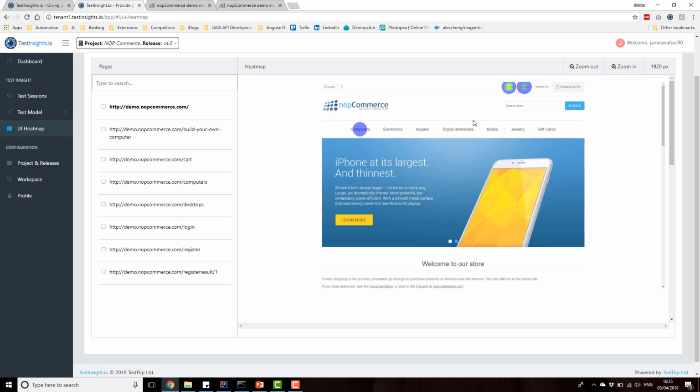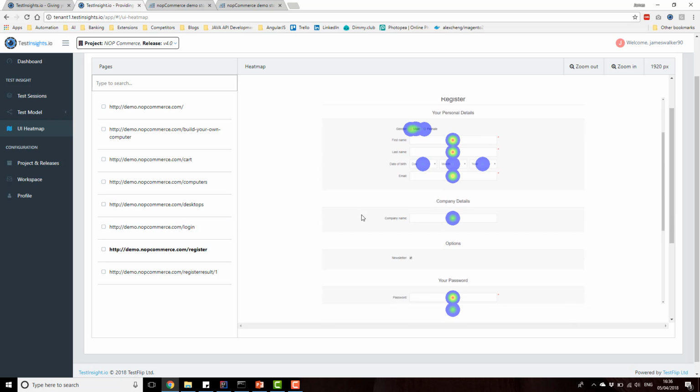So on the home page, you'll see that I've got a few tests running through the registration screen. I've got 3, in fact. And on the login screen, I've only got 2 test cases going through. And there's no tests which cover these other areas. Now, in this specific example, we're going to focus on the registration screen. Okay. So if I go through here, you'll see that overlaid on top here is the heat map of the